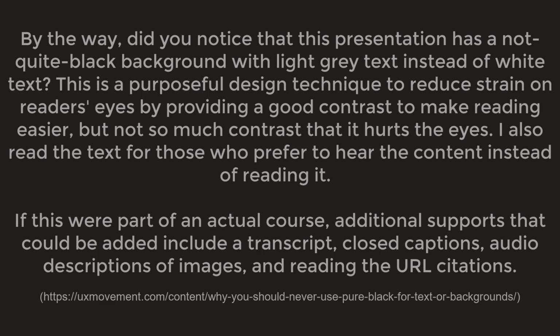I also read the text for those who prefer to hear the content instead of reading it. If this were part of an actual course, additional supports that could be added include a transcript, closed captions, audio descriptions of images, and reading the URL citations.